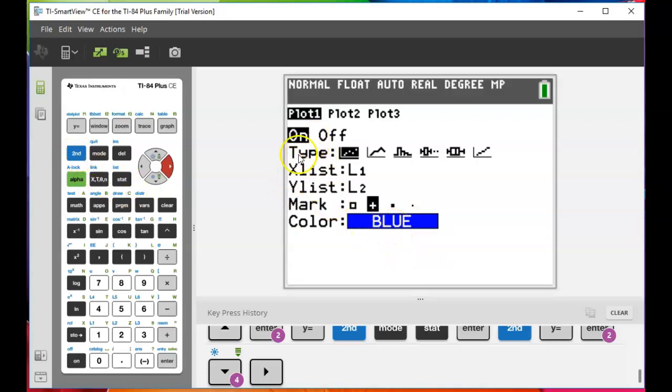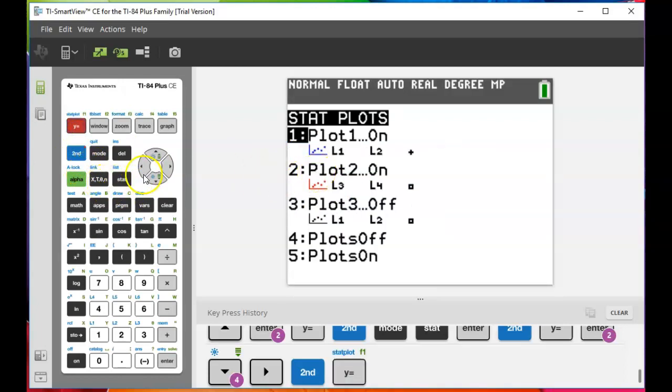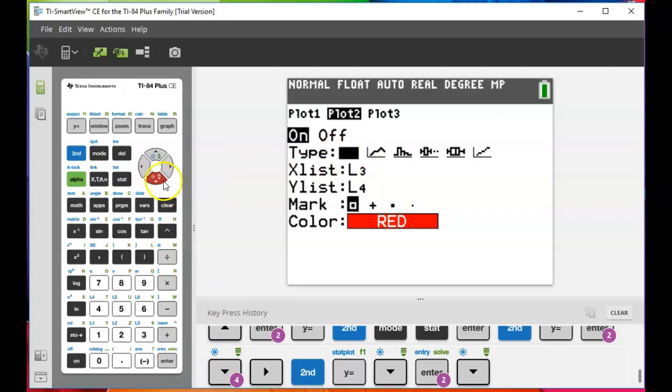And once I've turned that on, then I'm going to hit second Y equals again to go back. I'm going to go to my second plot, which I've already turned on, but you'll have to turn that on by pressing enter there. We want a scatter plot. That's the first graph there. But this time I want to use the L3 and L4 lists, which is a different set of data. And then I want to use a different marker, so I use a little square marker here. And I also wanted to use a different color if I have that option, just so I can clearly see